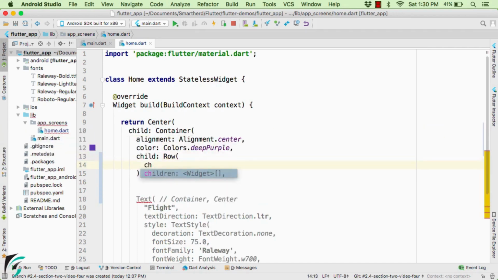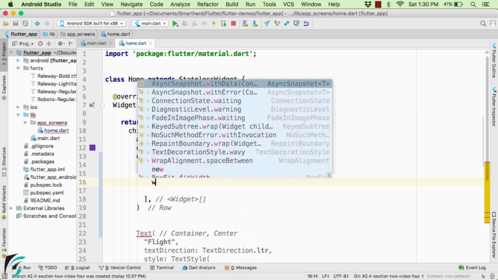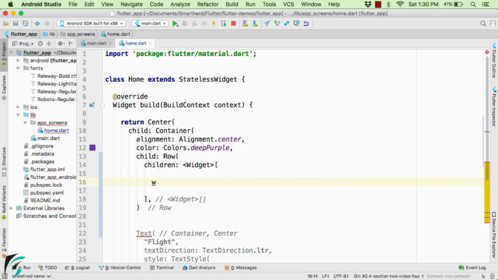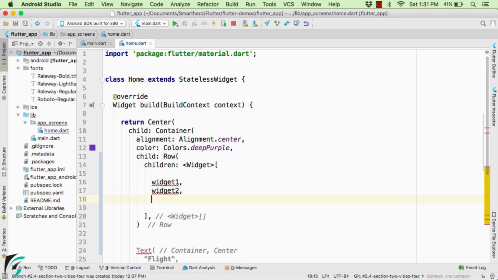So let us define our children property and define the widgets within this widget array. Within the array, we define the widgets that we want to place horizontally within this row. For example, widget 1, then we can place widget 2, similarly widget 3, and so on and so forth, we can place multiple widgets stacked in the horizontal position, right?